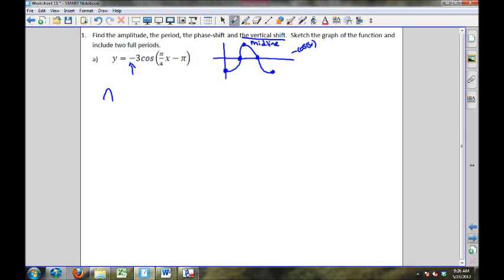First off, the amplitude, which is the absolute value of my leading coefficient. So in this case it's 3. The period. To find the period, I'm first going to consider the frequency. In order to do that, I have to convert this form of the equation into a more familiar form. To do that, I'm going to factor. So this will be negative 3 cosine. Factor the pi over 4 out, the frequency. Pi over 4 x minus, and when I factor out a pi over 4 from pi, I'd be left with